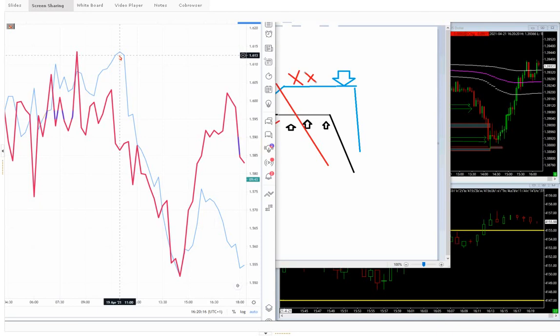We need to try and understand this, because this is a very, very complicated concept. The multiple different lines and how you develop